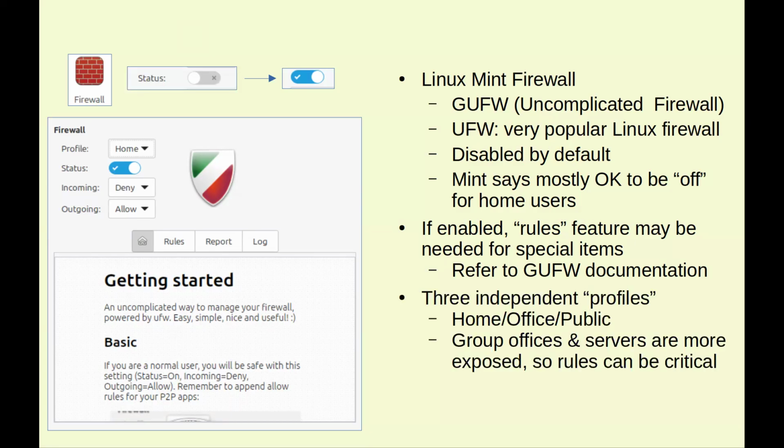Now, there are three profiles. If you look at the top, it says profiles, and it has a little drop-down triangle. And they give you a choice. You can set up three independent profiles: home, office, and public. So home, even if you have it, it would be very limited. But if you're in a group or an office and lots of other equipment and lots of other exposure, then